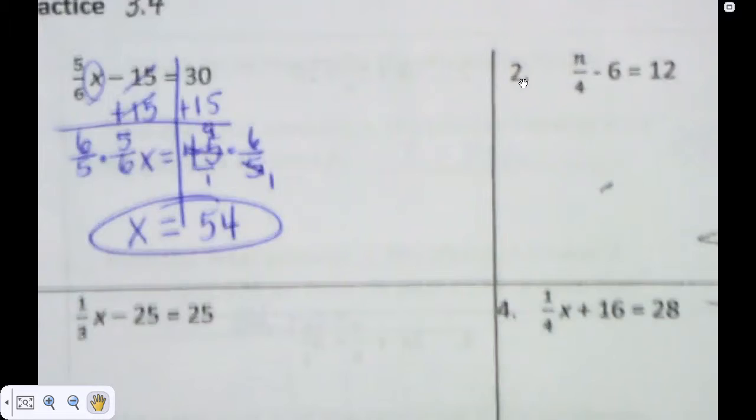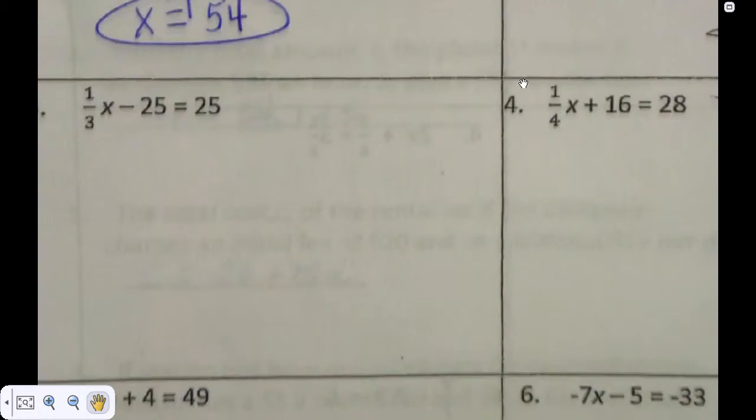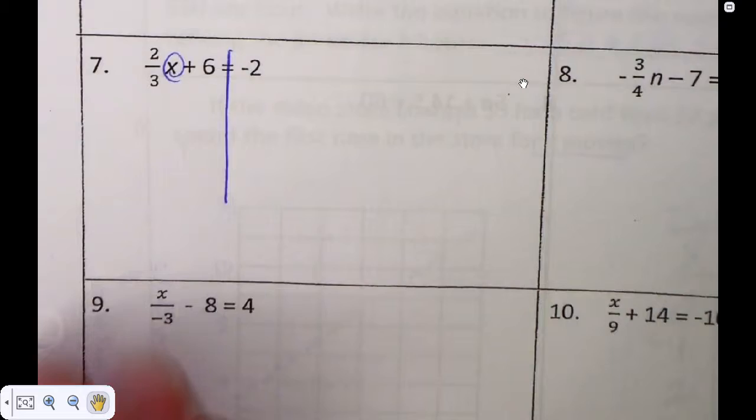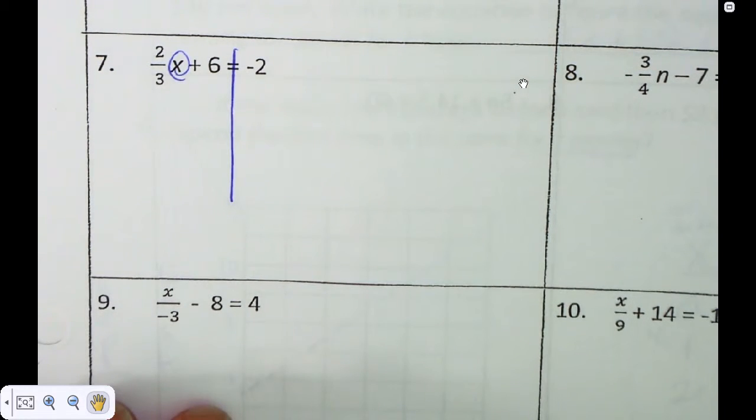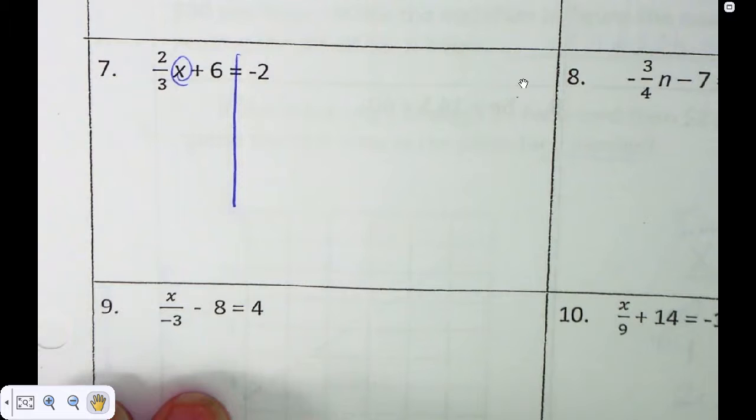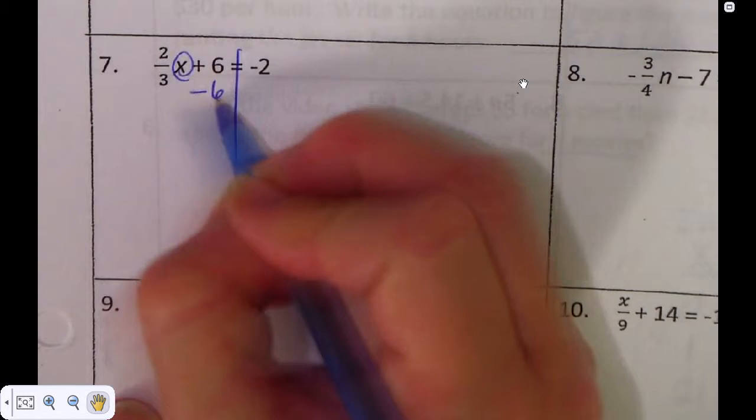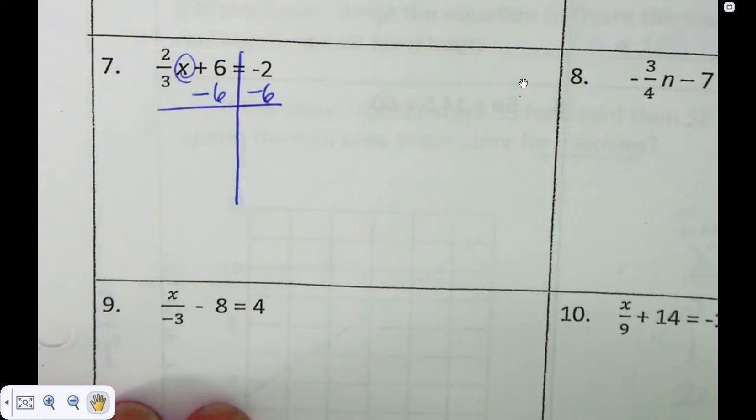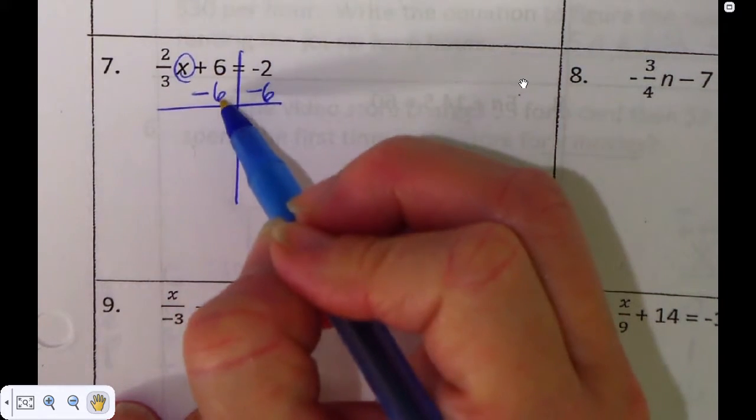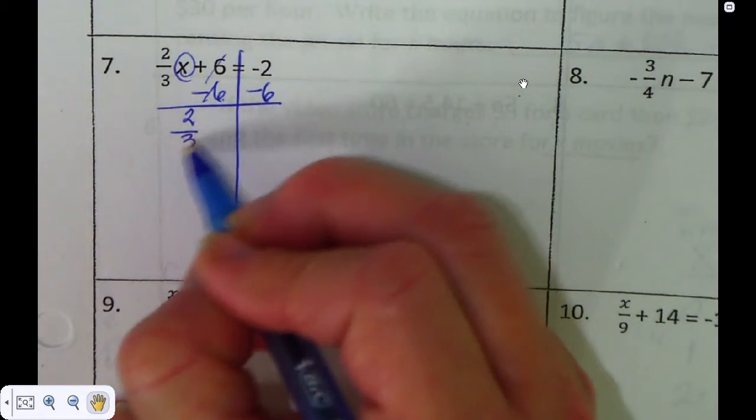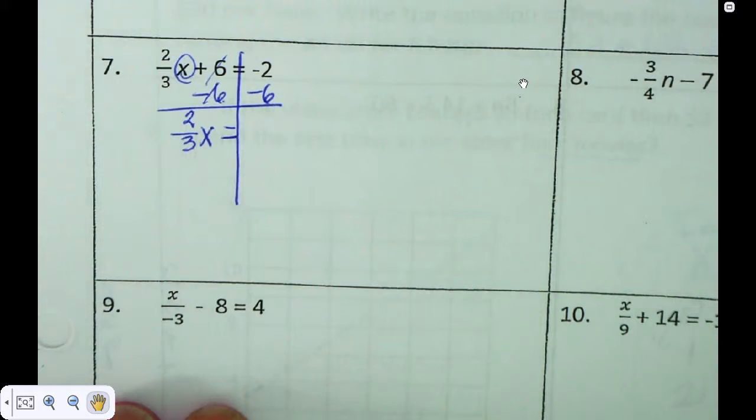Okay. Look down at number 7, everybody. Number 7. Circle the X, draw your river. What are we going to do first? We're going to minus 6, or we could say we're adding a negative 6 to both sides. Because if I have plus 6 and add a negative 6, I get 0, don't I? That cancels those out. So I have 2/3 x equals